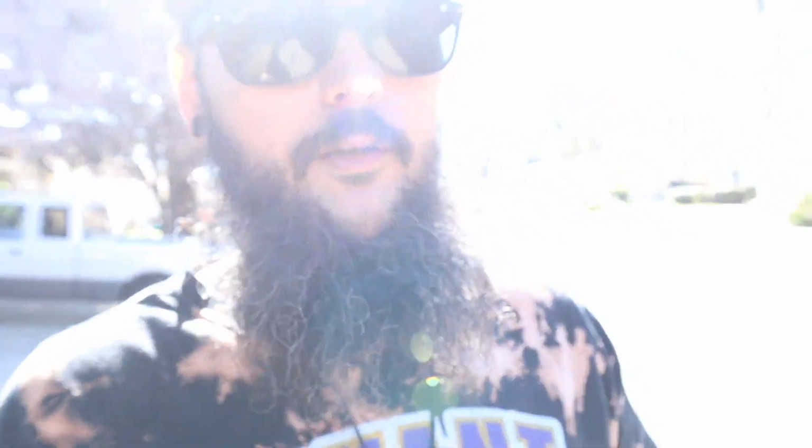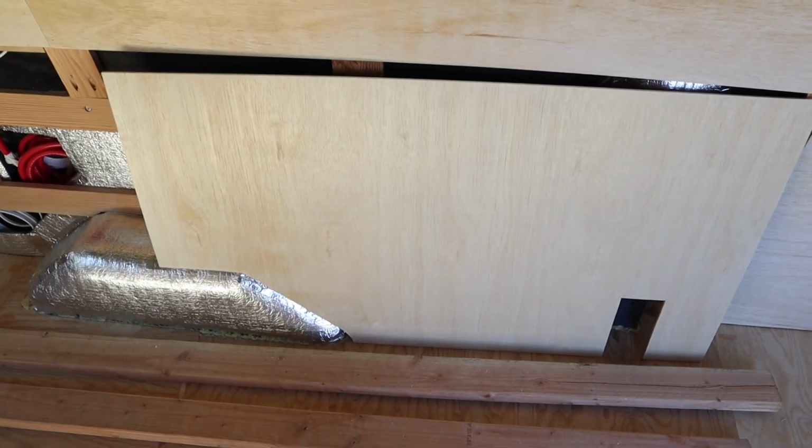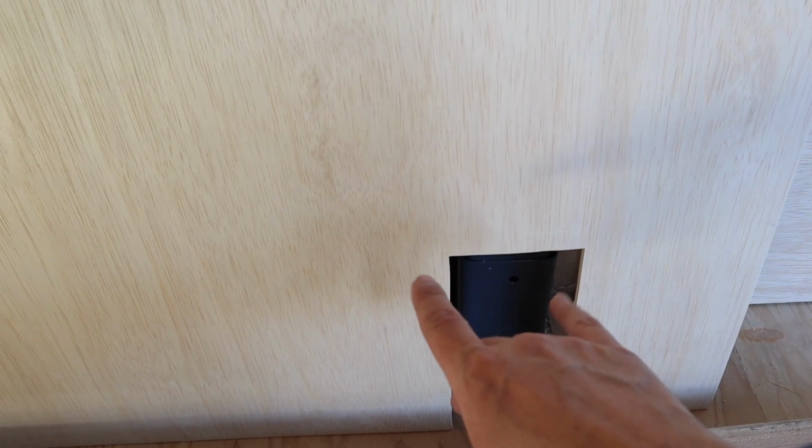It is now Friday. I've been working on the paneling in the van for 4 days and left last night feeling a little defeated. Some mistakes were made. Basically, when I was measuring the panel that I was last cutting out, which is this guy right here, this is a remade version of what I was working on because I made an incorrect measurement for this stupid little cutout. And when I did that, I would have had to move it and it would have left a gap